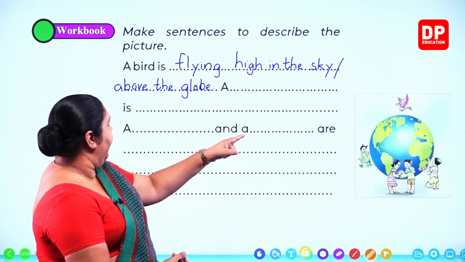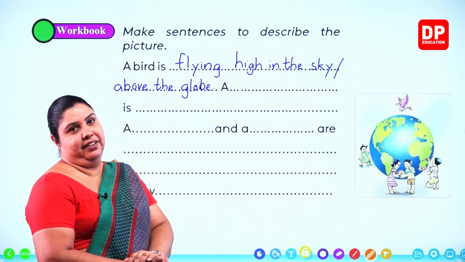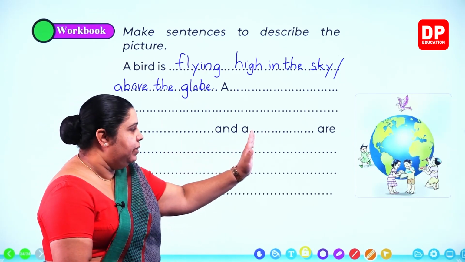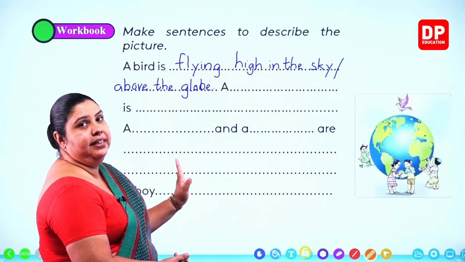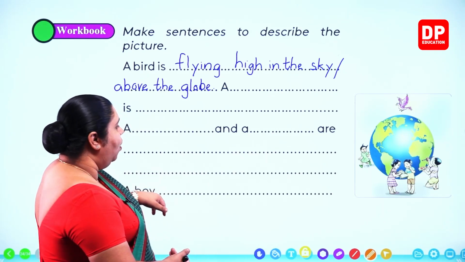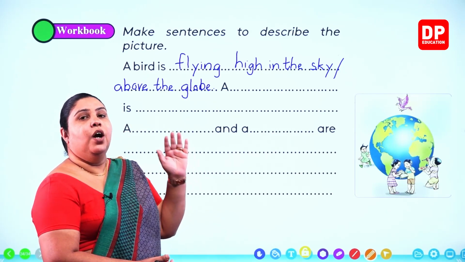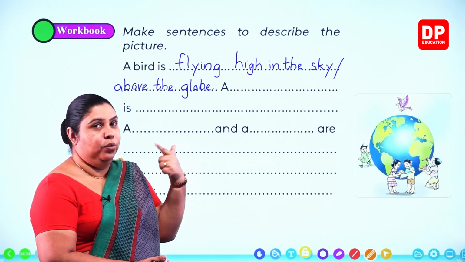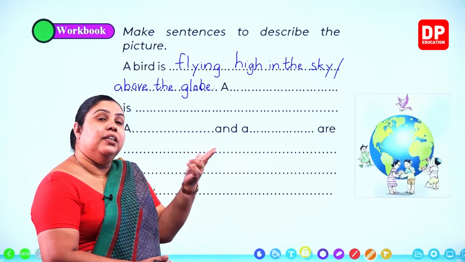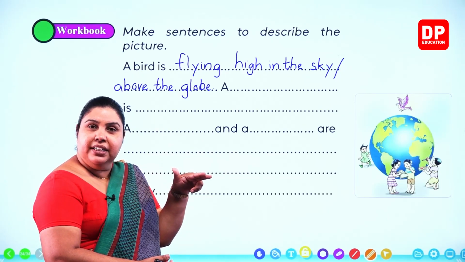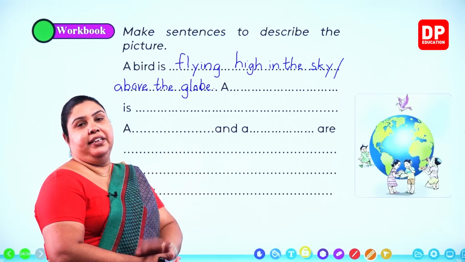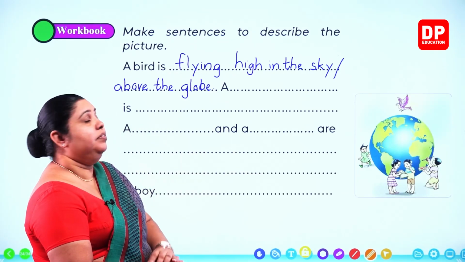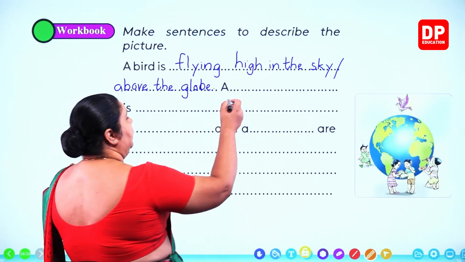A blank is blank. Then again we have a blank and a blank are and there is a space. Then a boy and there is a space. Now we have only 4 children, no? Right? We have a girl running around the globe, then a girl and a boy talking to each other, then a boy painting the globe. Right? So now we can take this as we can say a girl